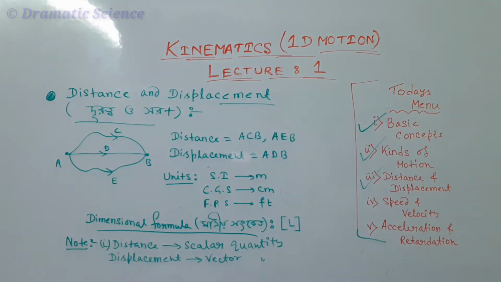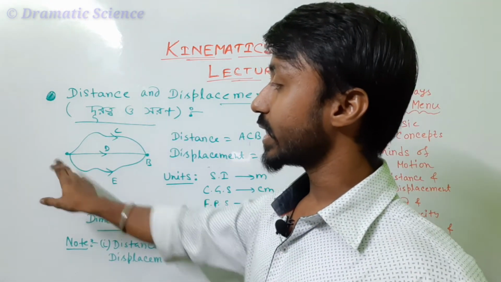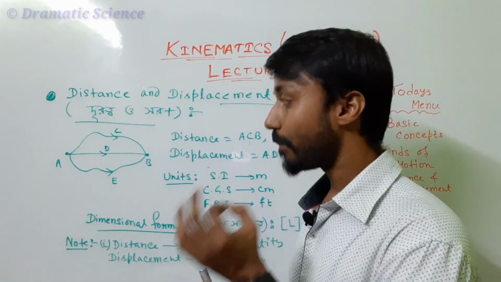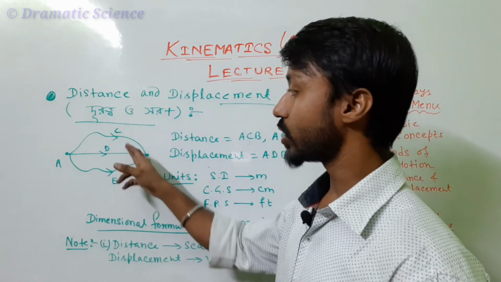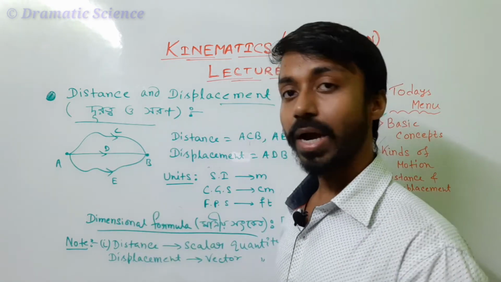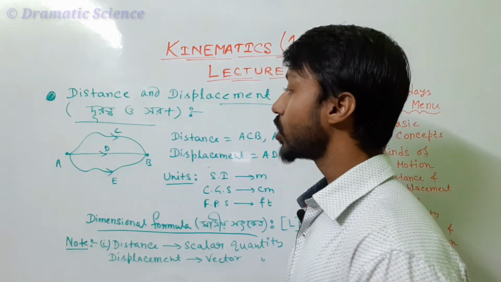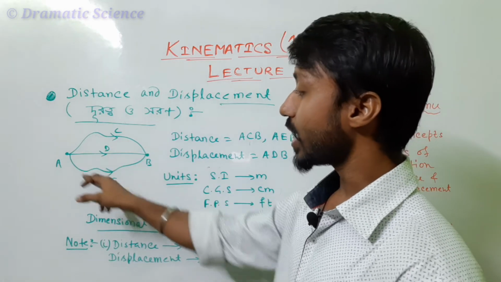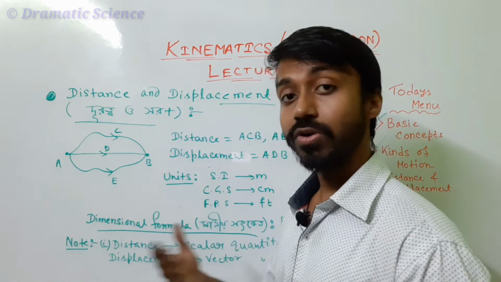So here we have the concept of distance and displacement. Suppose we consider A as initial point and B as a final point. A particle can travel in these 3 ways. मतलब ये तीनों roads है, इस रोड से पार्टिकल ए पॉइंट से बी पॉइंट तक ट्रैवल कर सकता है. राइट, सो ए सी बी, ए डी बी, ए ई बी आर द मोशन, आर द path or trajectory of